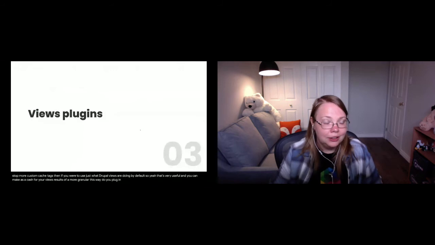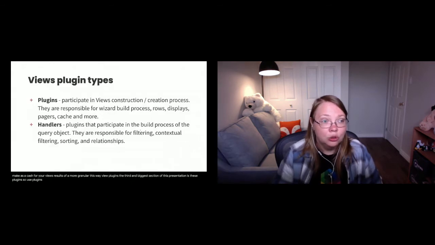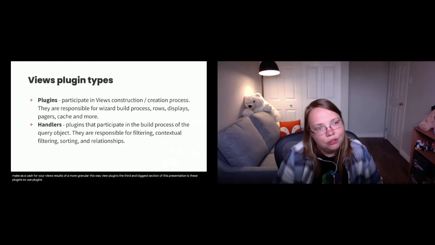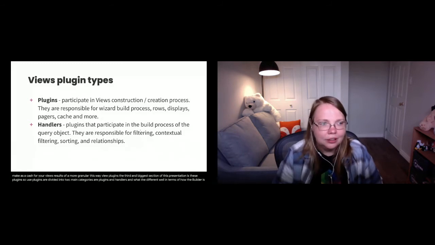View plugins. The third and biggest section of this presentation is views plugins. So views plugins are divided into two main categories. They are plugins and handlers. And what's the difference? Well, in terms of how they build, there is no difference, but semantically, there are differences